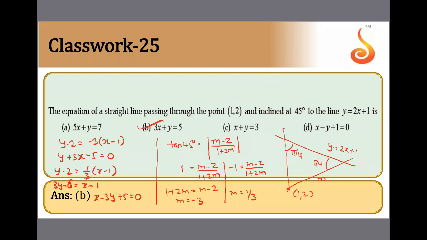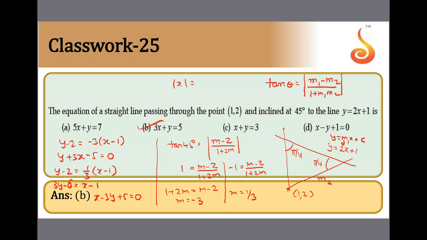Excellent doubt. You are really great. tan theta is equal to (m1 minus m2) by (1 plus m1 m2). You studied this in LKG. This is m. The slope of this, y equal to mx plus c, slope is 2. This slope is 2, this is m1, and this is m2. How two possibilities? Super.